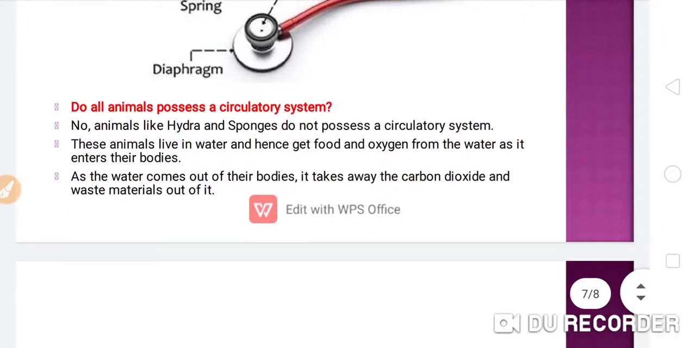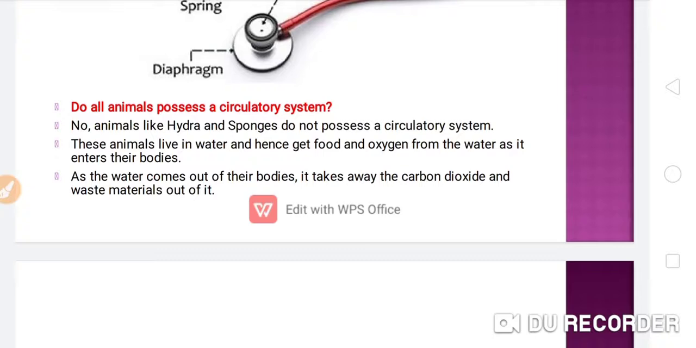Now, do all animals possess a circulatory system? So this is a very important question. No, the answer is no. Animals like hydra and sponges do not possess a circulatory system. These animals live in water and hence get food and oxygen from the water as it enters their bodies. So with the water, oxygen as well as food particles enter inside their body,